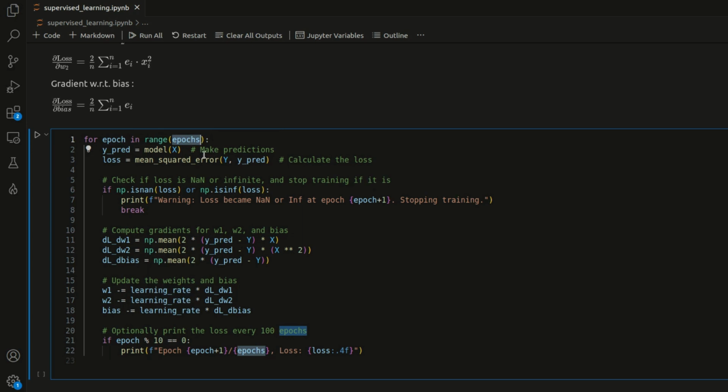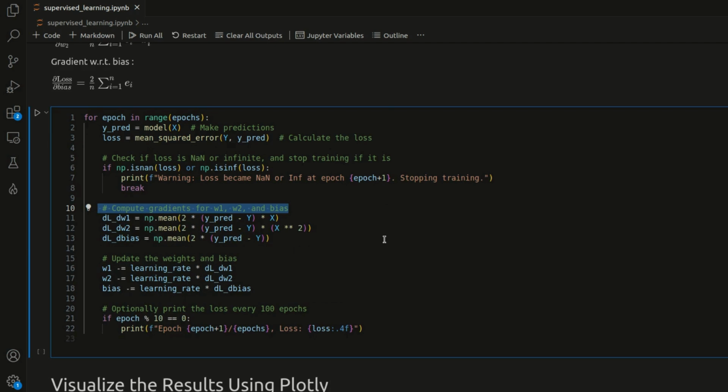For each epoch, 1. We make predictions using the current weights and bias. 2. We calculate the loss by comparing the predictions to the actual values. 3. We compute the gradients, the partial derivatives of the loss function with respect to the weights and bias. 4. We update the weights and bias using the gradients. In this loop,